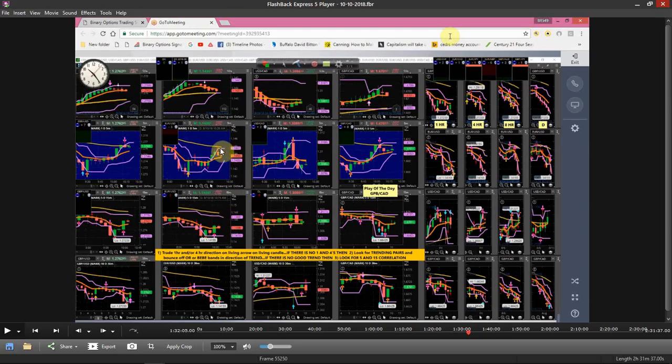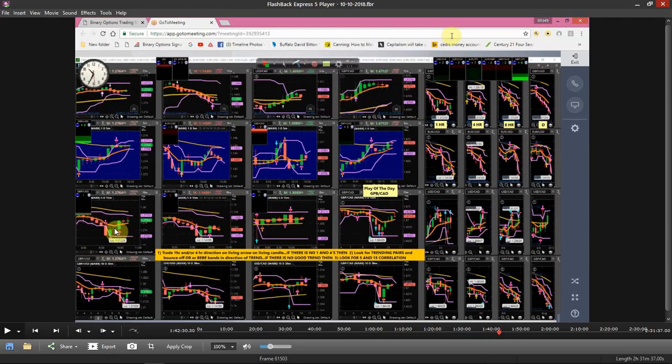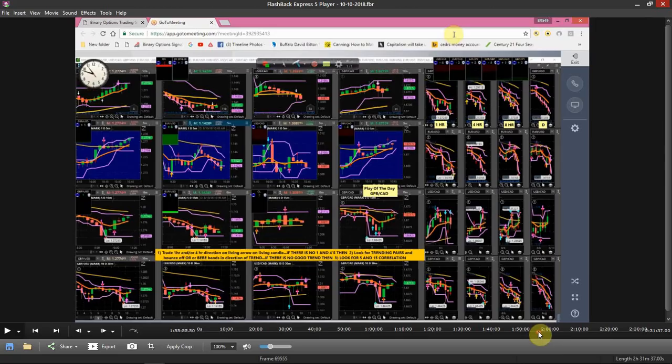Because you got the strong arrows down right here, okay? And then it goes right back down. You see how the GU pushed that orange road up? It pushed the orange road up. This one did not. It pierced it and it wanted to come right back down. So then you know that this right here is not going to work. But you don't sell it down at the bottom. You sell it up here at the top. Okay? Wait for it to come back and then you sell it. Okay? That's how it works. Right up here and then you can sell it again.